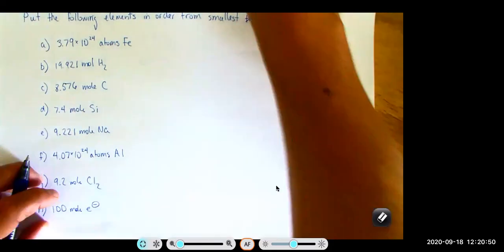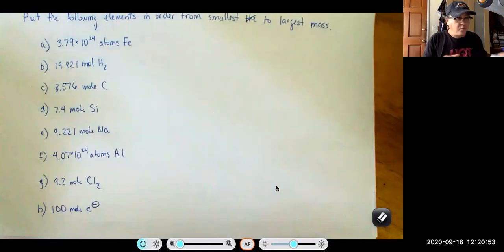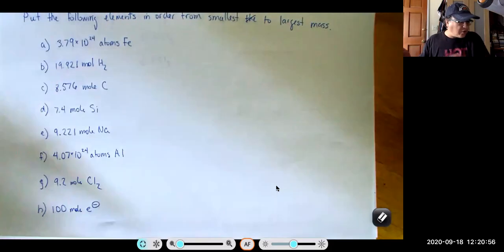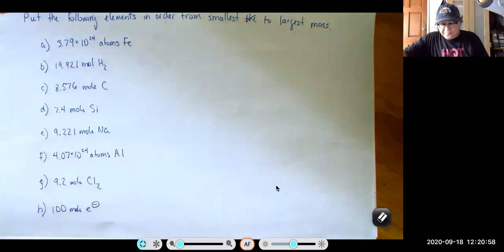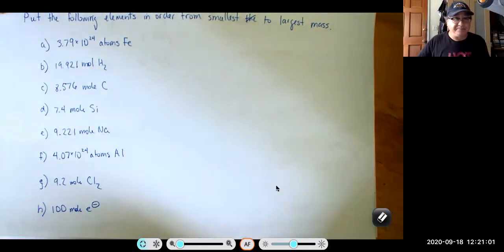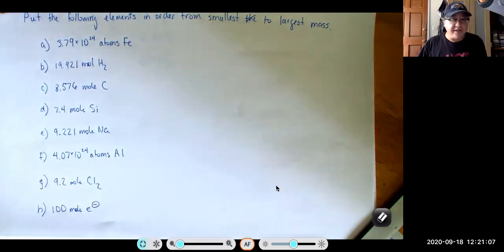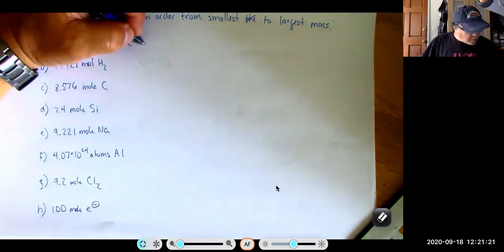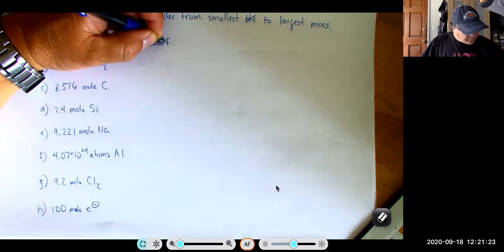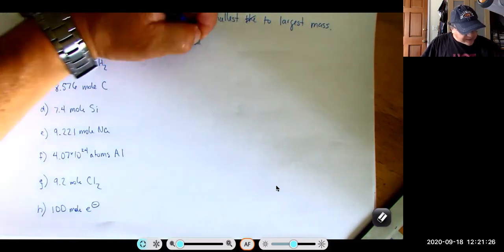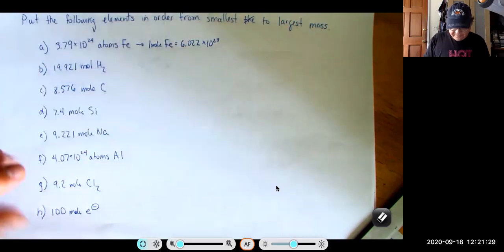All right. Let's take a look at this one here. We've got, put the following in order of smallest to largest mass. Now, this looks like a whole lot of work, doesn't it? Because we all need to turn them into the same type of mass unit, either atomic mass units or grams. I'm going to suggest, since there's such large amounts, that we do grams. Okay? So let me show you how to think this one through without doing a whole lot of work. We know that 1 mole of iron, which is 6.022 times 10 to the 23 iron atoms, is